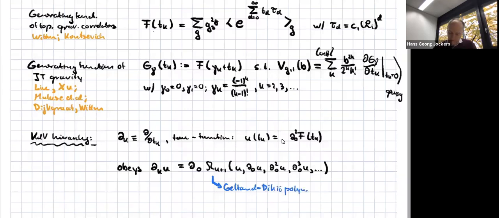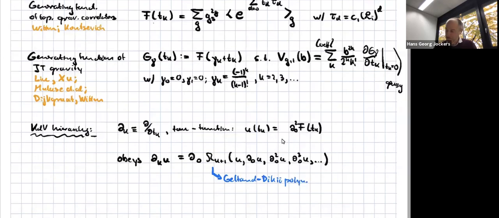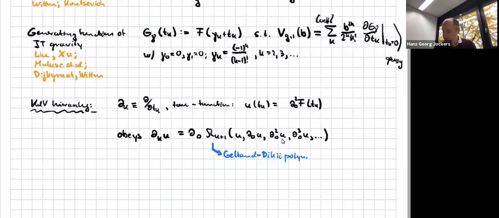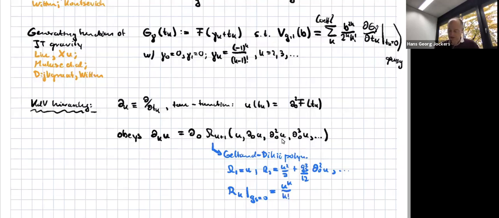The first few are explicitly given. The first one is just u. The second one, which is relevant actually for obtaining the Kdv equation, by the way, they also depend on GS, the higher ones, looks like this, and so on. There's a recursion prescription how to get them. I should also say, to leading order, in other words, when you set the higher genus information to 0. The subleading terms are always of higher genus. This is the leading order behavior, and they can be computed explicitly.